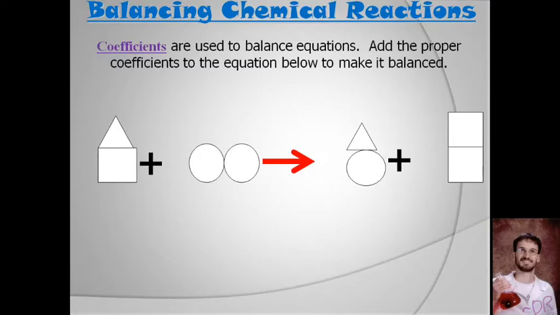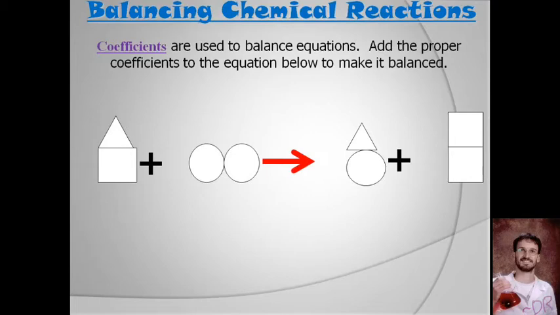There's no real right way to do this. You have to pick one, balance it, but that might cause other things to go out of balance, and then you go fix those, and then see what's out of balance and fix those, and you kind of just keep working at it until you get a system that works where you have equal amounts on both sides of the arrows. When we start talking about actual elements,